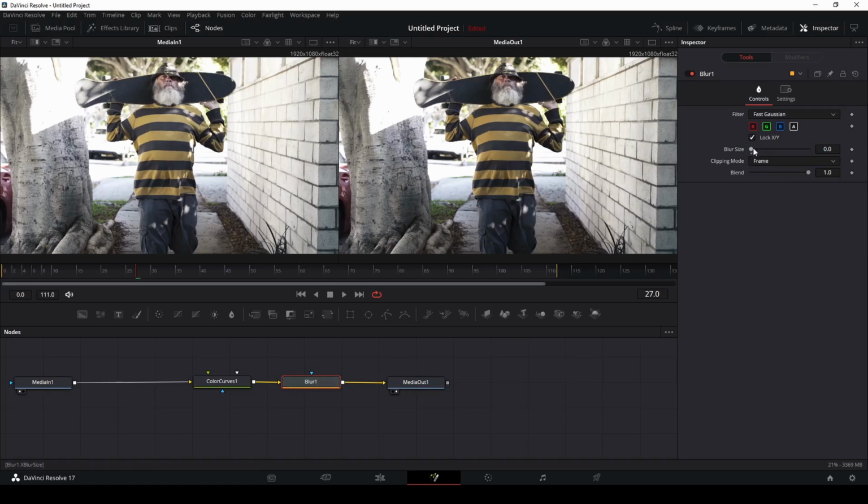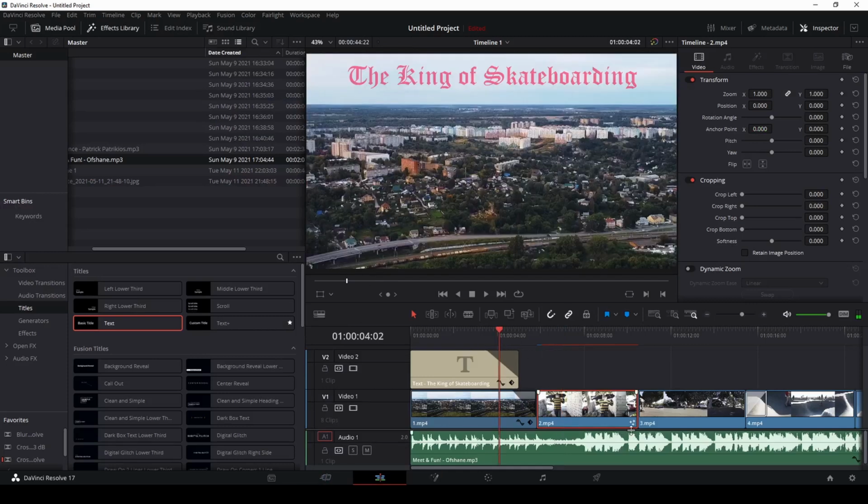So if you did want to apply a blur, that's how you do it. And I know there is a way you can actually pick shapes and choose shapes, and you could blur someone's face and things like that. But for the purpose of this tutorial, this is as much as we're going to talk about in this Fusion mode over here. So now if I go back to my edit mode,